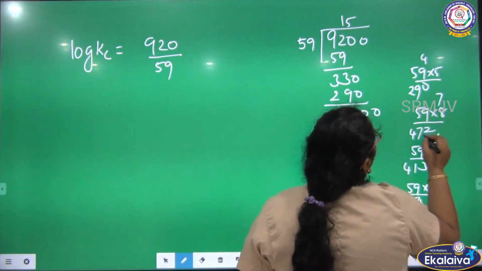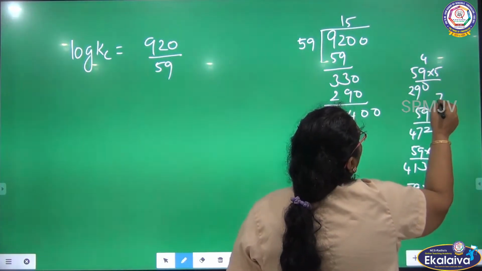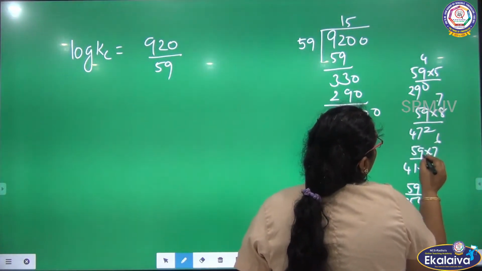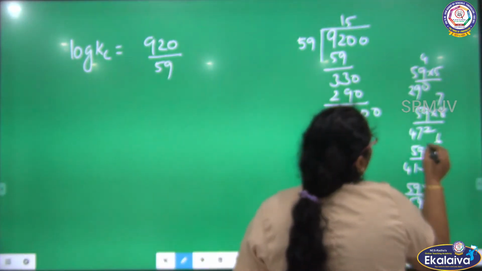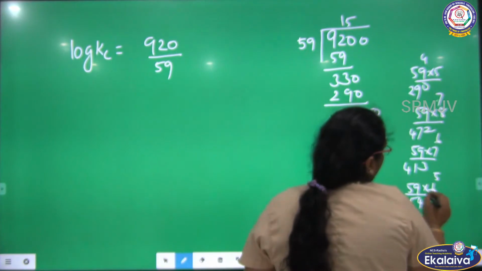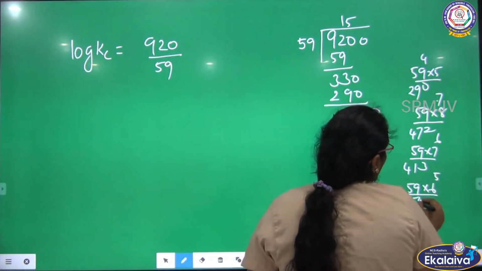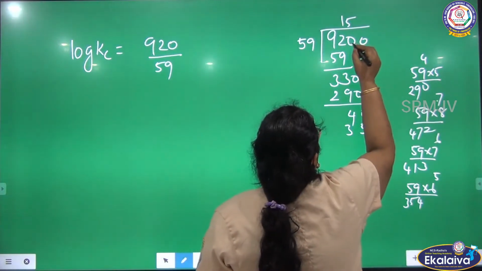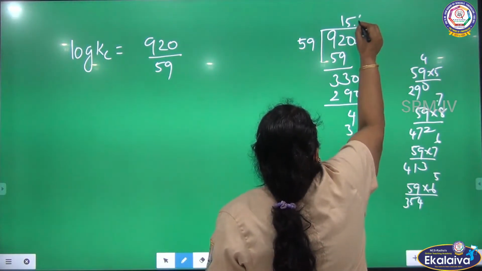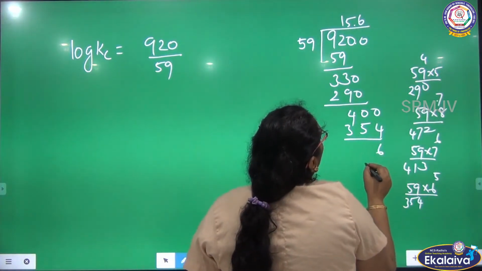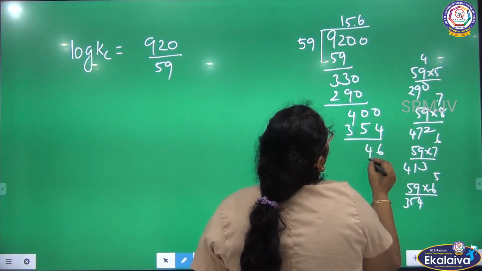So 8 times, 8 nines are 72, balance 7, 8 fives are 40, 472. Now it is 400. 7 times, 7 nines are 63, balance 6, 7 fives are 35, 41, 413. It will not go. If you put 6 times, 6 nines are 54, balance 5, 6 fives are 30, 30 plus 5, 35, 354. So 6 times, 354. So 10 minus 4, 6. Okay, 9 minus 5, 4. Up to this you stop.